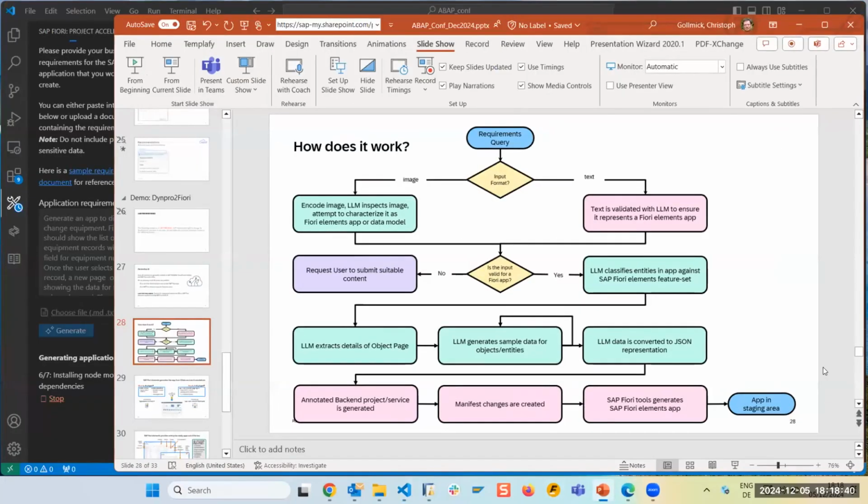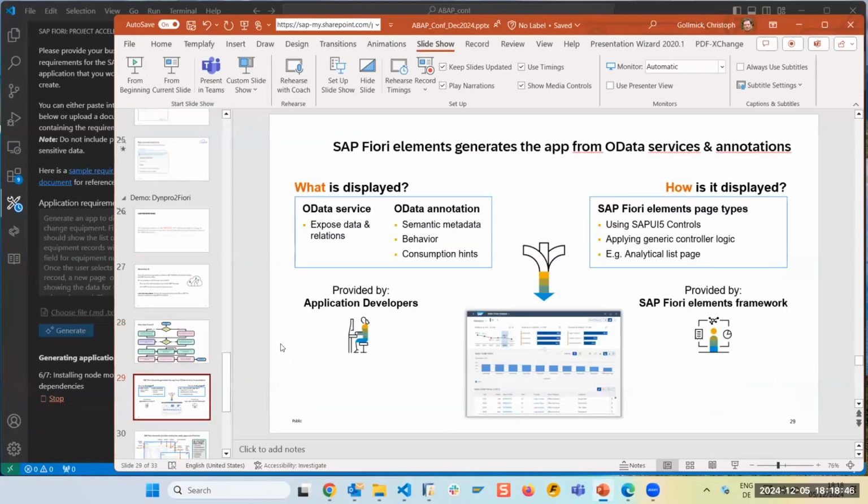After the LLM has done the job, then we have a Fiori Elements application. So in general, a bit of background about Fiori Elements. Fiori Elements means you are, as a developer, describing the data and describing the semantics of the data with annotations. So you expose an OData service.